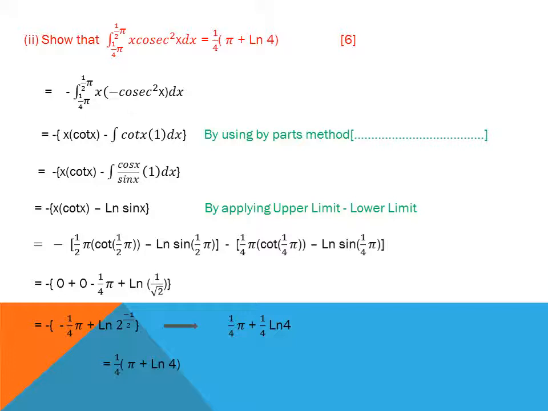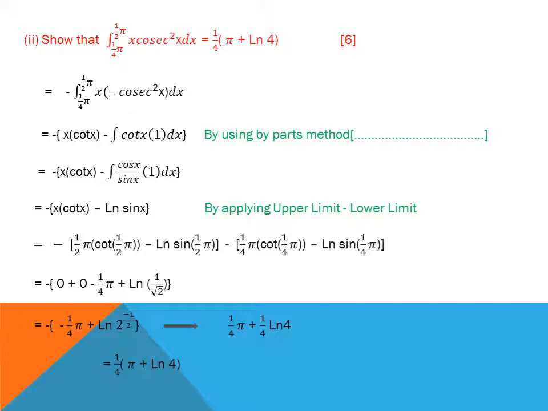Write x as it is and take the integration of minus cosecant square x, which is cot x. Put a negative sign, integration, write the function cot of x as it is and take the derivative of x, which is 1. So minus x cot of x minus the integral of cot x, which becomes cos over sine. I use the identity here in order to integrate cot of x. Minus x cot of x minus ln of sine of x, because the integration of f'(x) over f(x) is ln of f(x), here the derivative of sine x being cos x.